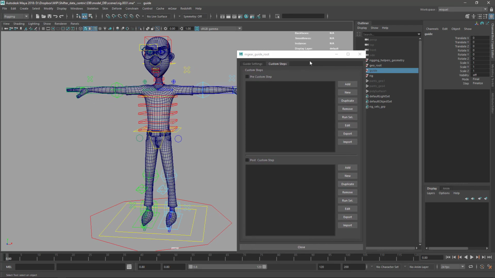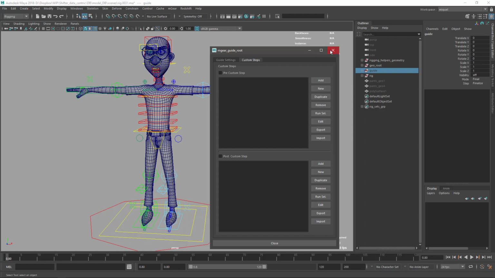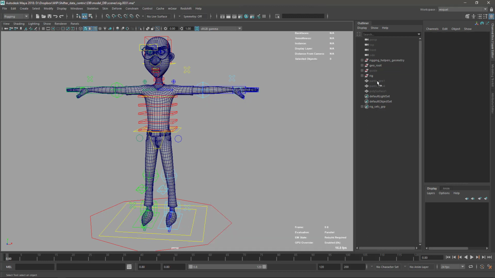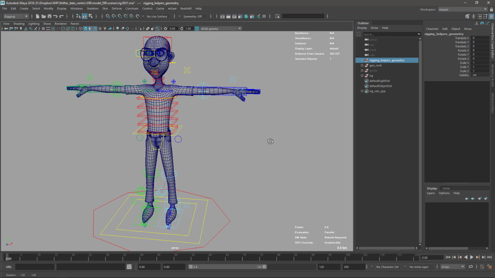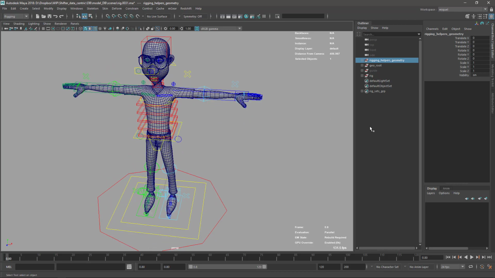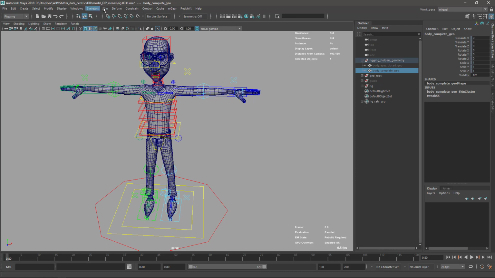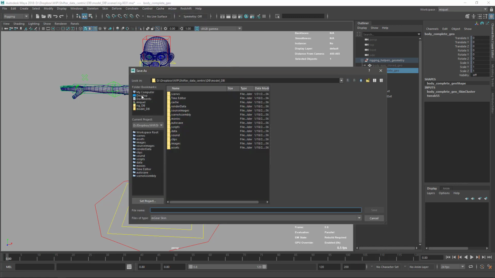collect all my skins. To do that, the first thing is I'm just gonna clean up a little bit my scene here. I have my guide, I have rigging helpers here. You know what, I don't want this for the moment, but just in case, because I have this body complete like this, I'm just gonna save it. So skin, mGear skinning, sport skinning,